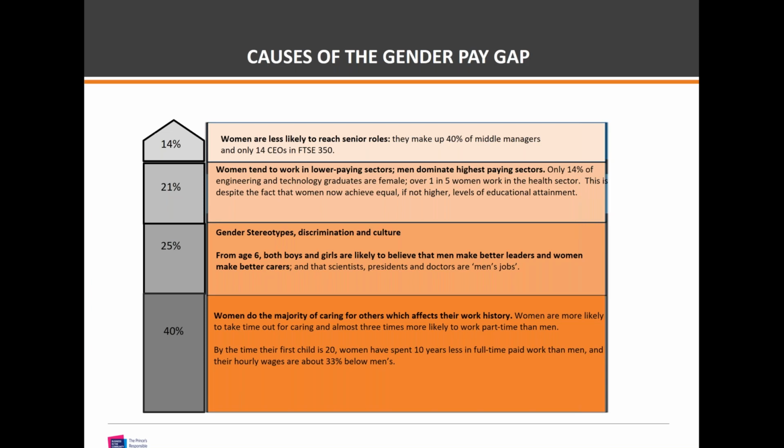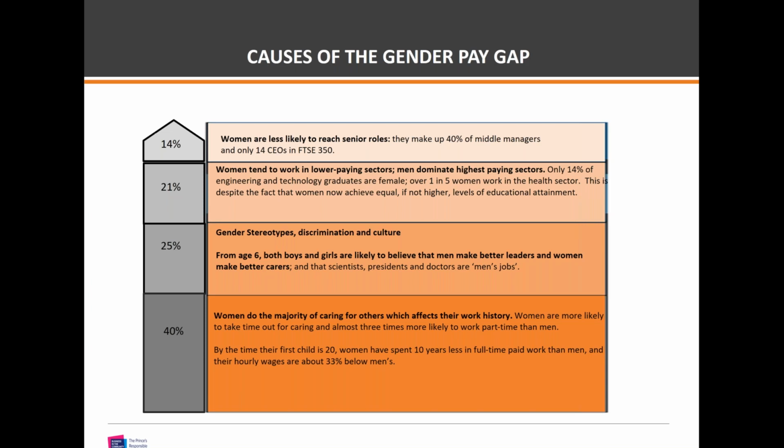I guess with some of the drivers, there are broader societal factors at play, such as gender stereotypes, culture and discrimination. And individual businesses can't solve these alone, and there are government initiatives at work to improve the pipeline, so younger people coming into certain occupations, for example. But there are areas where businesses can take action. There are areas where businesses can do better, and the information that we will give you today will hopefully allow you to identify those areas.